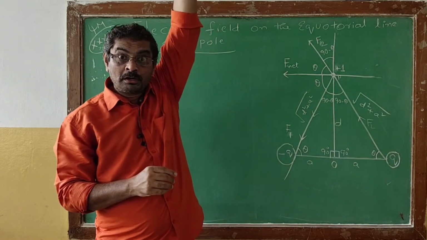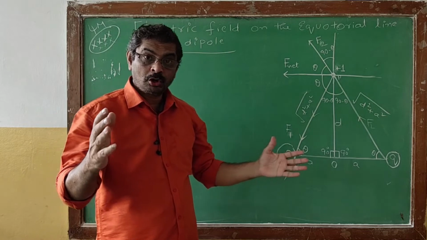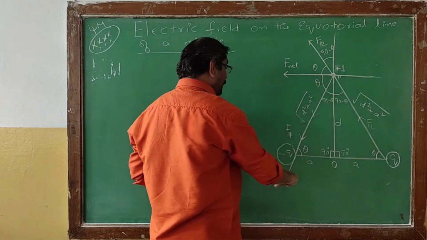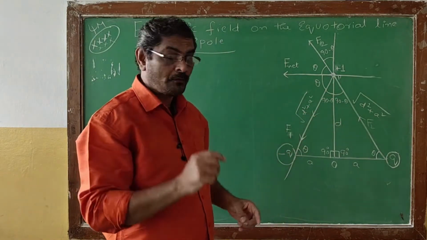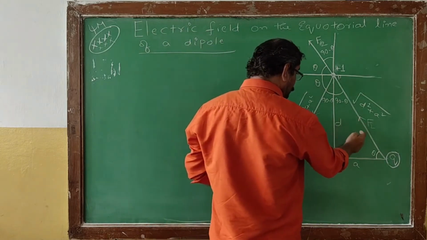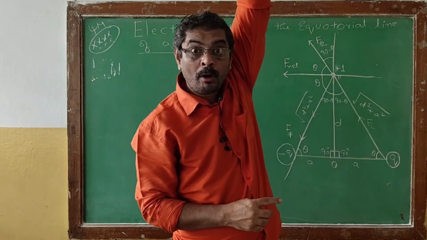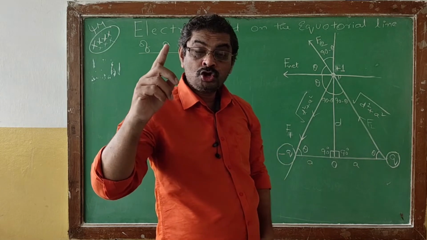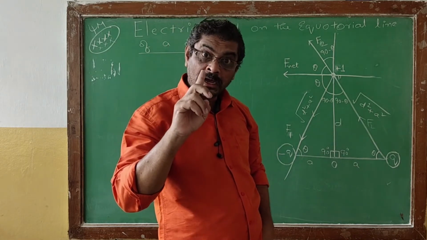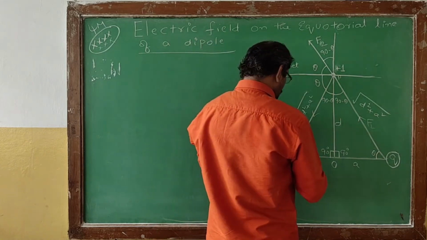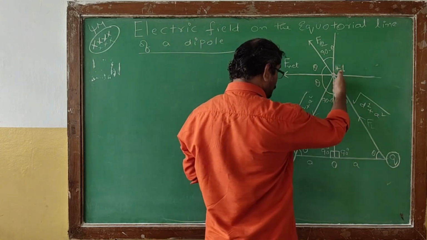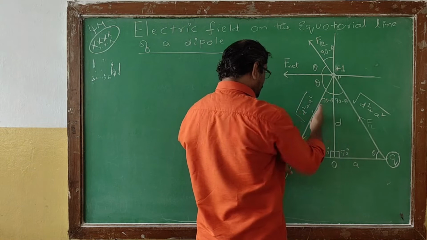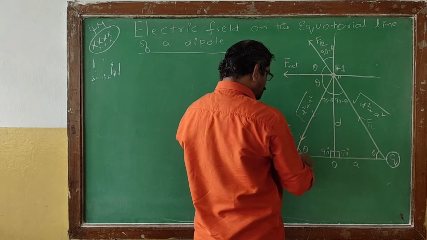So now for that, if you look at the diagram, very simple thing, now we can find out what will be the magnitude of F1. If you look at the diagram, we are getting two triangles, and remember, both the triangles are identical. Why? Because you already know this will be the opposite, this will be the adjacent, and this will be the hypotenuse.